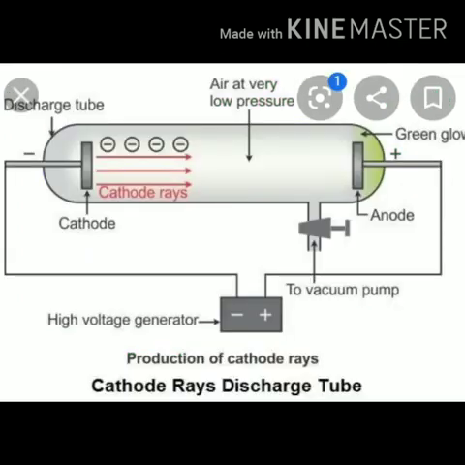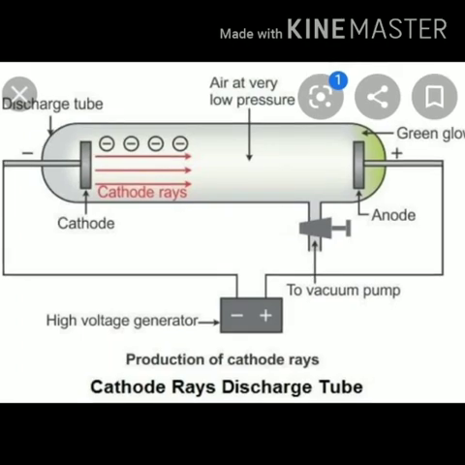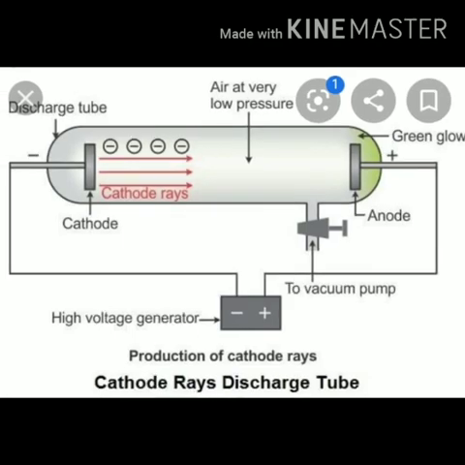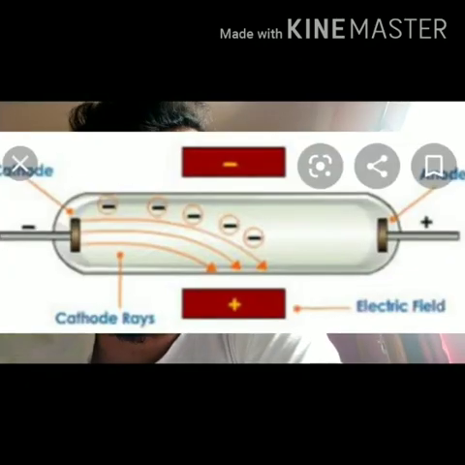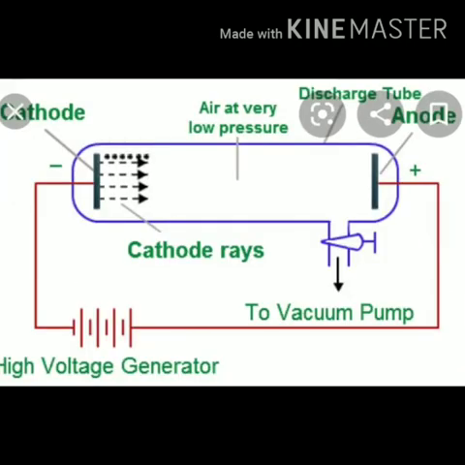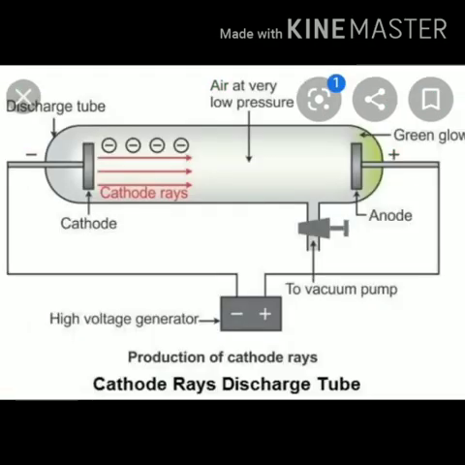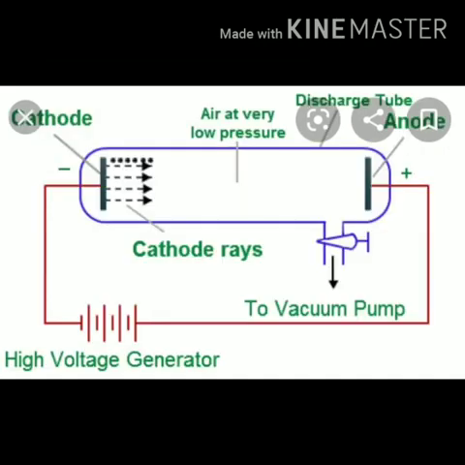Now the characteristics of the electron. The mass of the electron is 9.1 x 10^-31 kg, which is equal to 1/1837 times the mass of a hydrogen atom. The mass of the electron is very negligible. Electrons are particles with one unit negative charge, that is, -1.6 x 10^-19 coulomb. An electron is represented by the symbol e, with -1 in the subscript and 0 in the superscript, where 0 represents the mass and -1 represents one unit of negative charge.